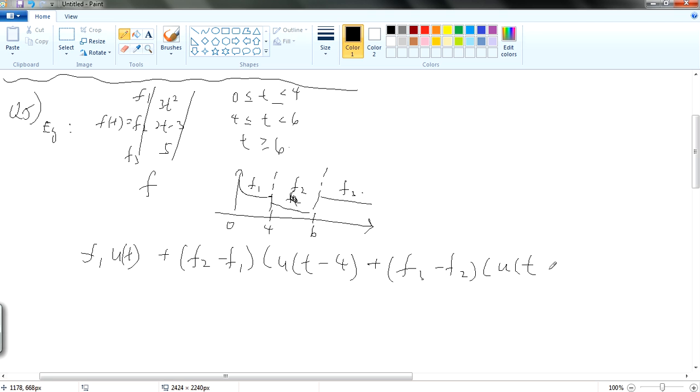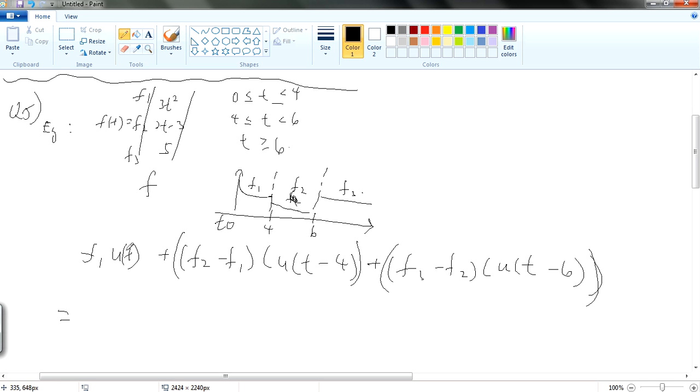Then u(t minus 6). Okay, so it's just the numbers over here. So what it means is that at t equals 0, f1 starts. When t is equal to 4, f2 starts, and when t is equal to 6, f3 will start. So this is what it means. Generally this is the case, and therefore